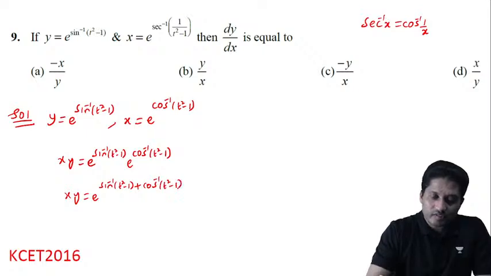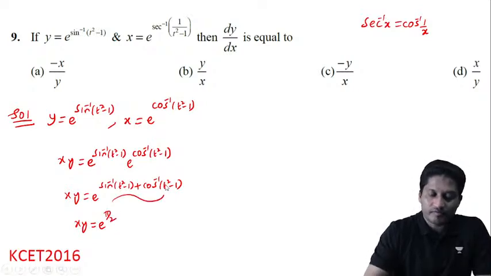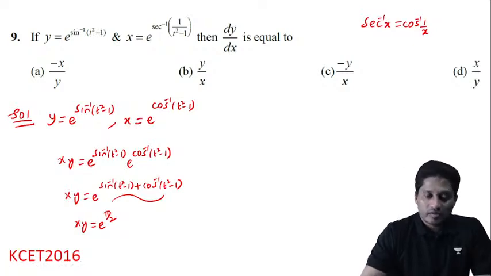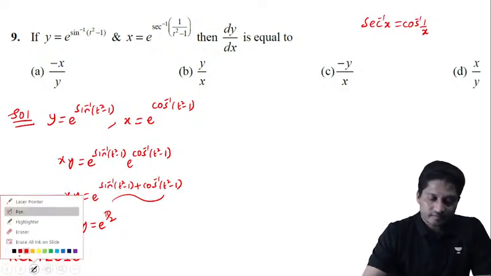Sine inverse plus cos inverse is pi by 2. So y is equal to e power pi by 2, which is of the form sine inverse of x plus cos inverse of x, which is pi by 2. Now if I differentiate,